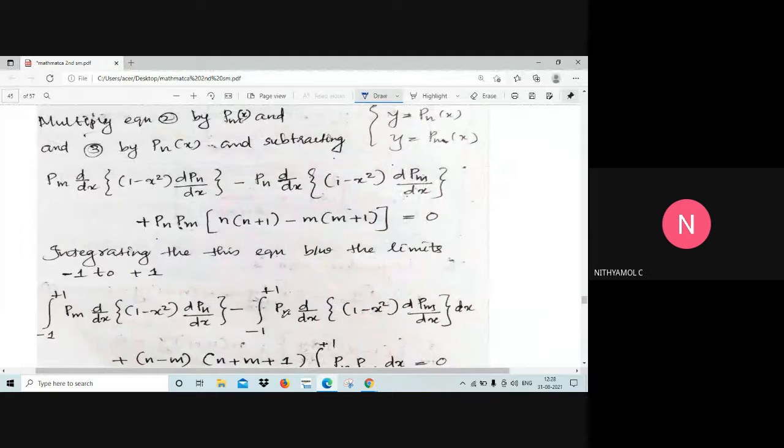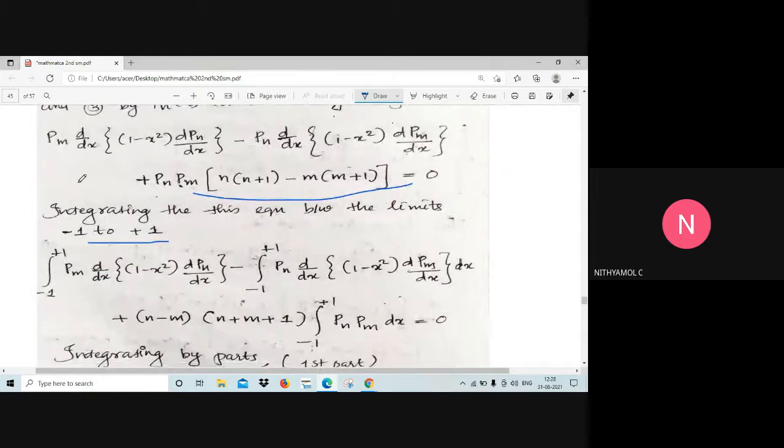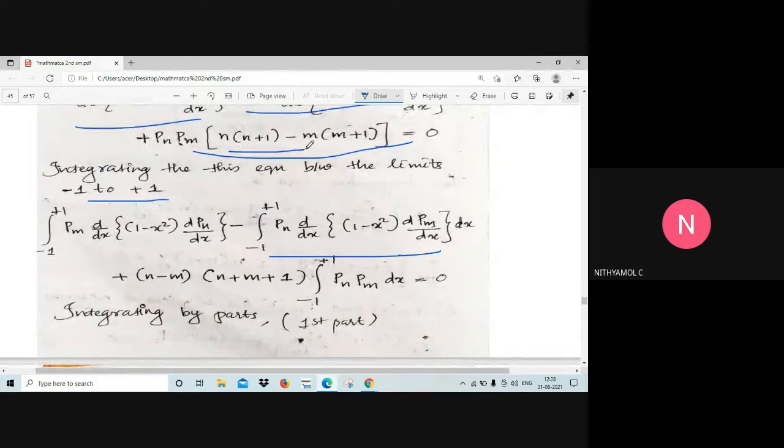Okay, we are continuing the orthogonality of Pn of x, the Legendre function, and we derived this equation up to here. Now, integrating this equation between the limits -1 to +1, I'm integrating this term from -1 to +1, and this term from -1 to +1, and this n into n plus 1 minus m into m plus 1 can be written as n minus m into n plus m plus 1, and the integral of this term, that is the integral from -1 to +1 of pm dx, equals 0, and this term,